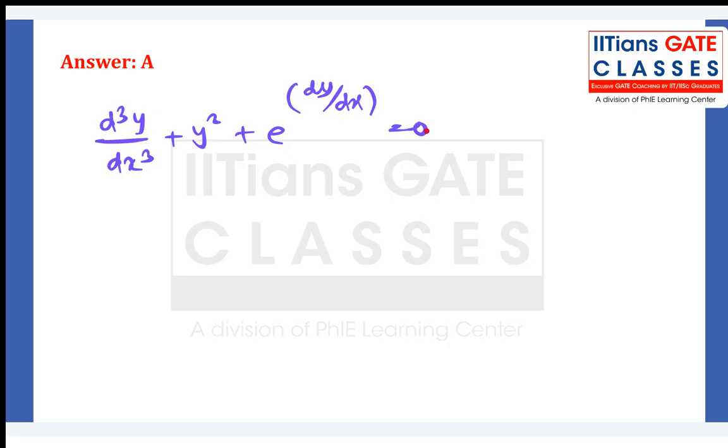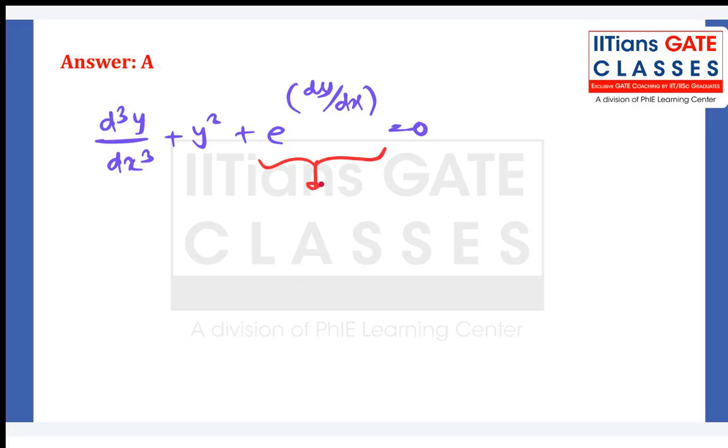It is independent of or free from the radical signs or other square root or some signs like that. But because of this exponential function, and the exponential power is a derivative term, so that's a big problem because of this term,